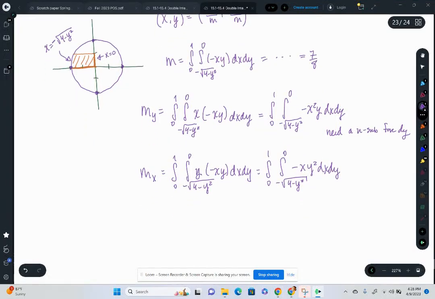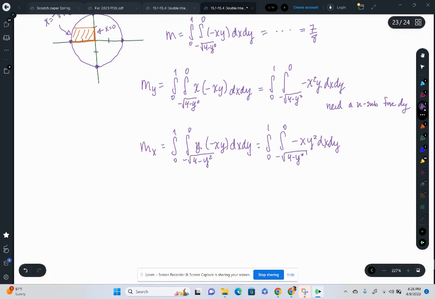So now when I integrate first with respect to x, the x will end up being squared. And when I plug in that square root, they'll cancel each other out. And this one will actually work out really nice as well. And then in the end, in your final answer, is that